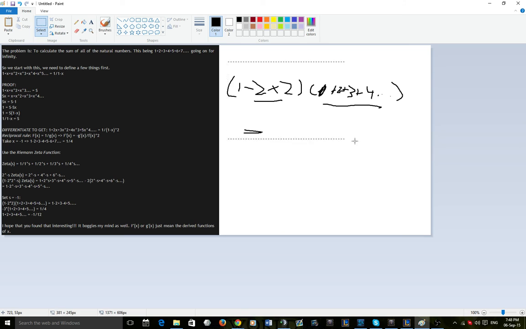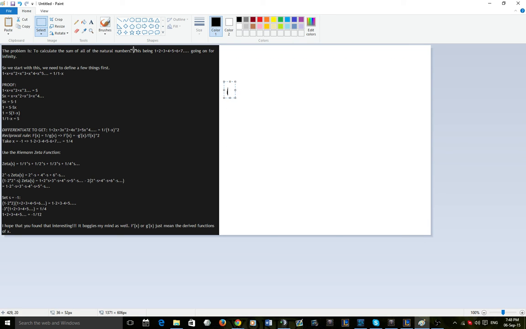So we continue. Let's just fix what's in the brackets. 1 take 2 times 2 is just -3. If you don't believe me, do the order of operations yourself. PEMDAS, BIDMAS, BODMAS, whatever you want. -3 multiplied by our initial sum, 1 plus 2 plus 3 plus 4, going on to infinity,